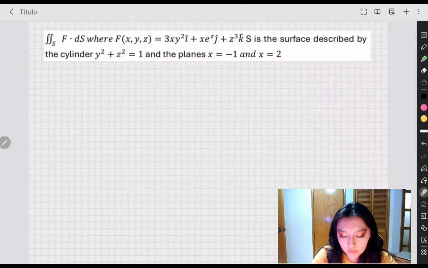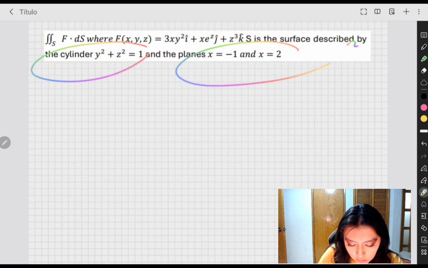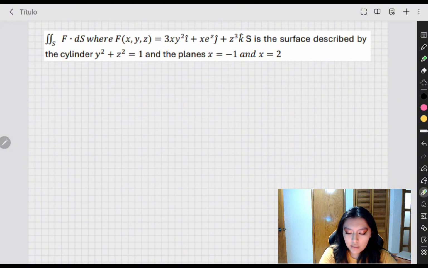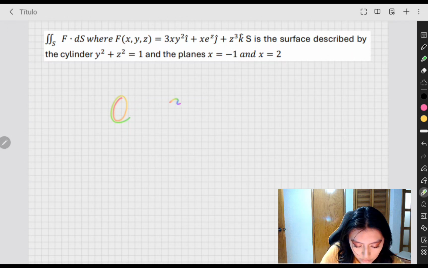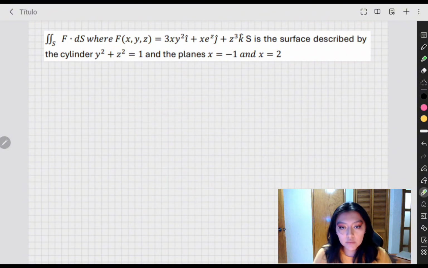In this video we will solve this problem. It asks for the flux, and this is your vector. The surface is this cylinder between these planes. If we try to calculate the flux integral directly, we will need to take into account the two end caps and parameterize the curved part of the cylinder. Since that's way too complex, we can use the divergence theorem,